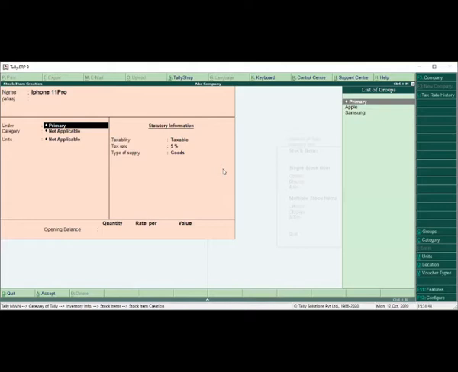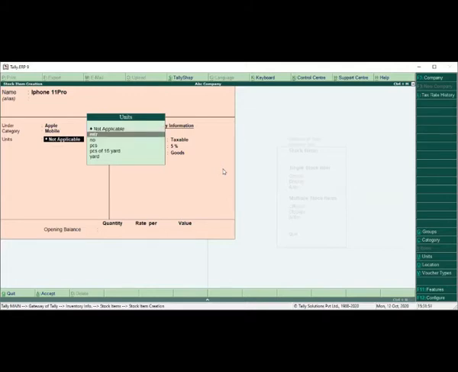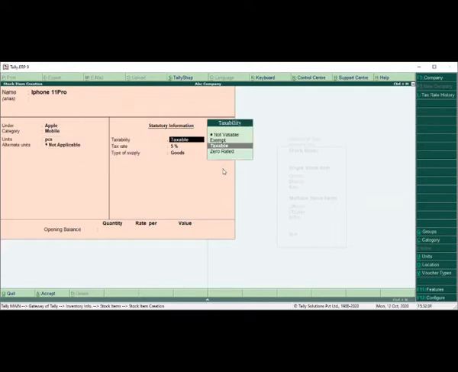Here I can select under Apple group, and I'll select the category mobile. For unit you can select numbers or pieces. I'll select pieces and save.